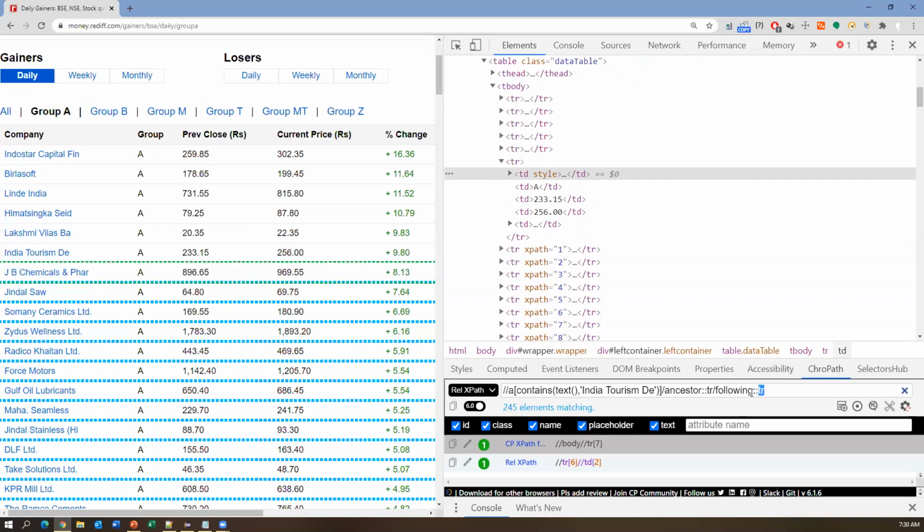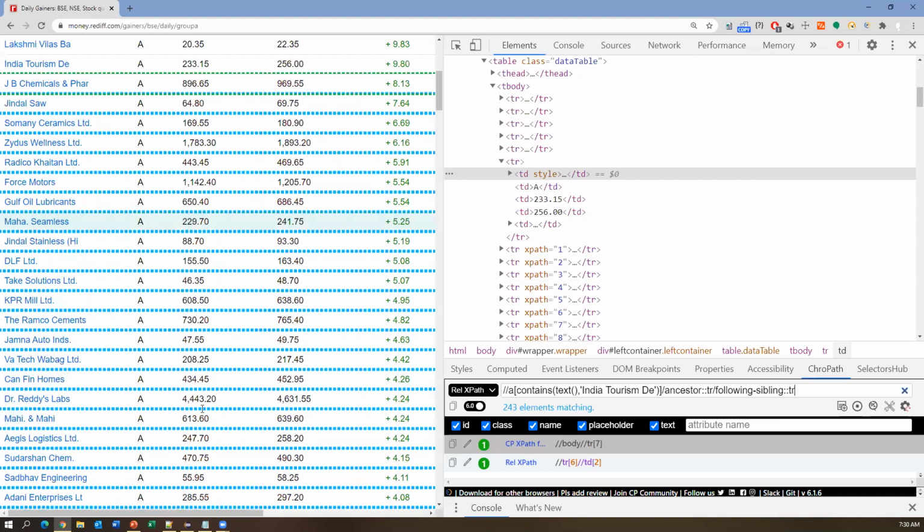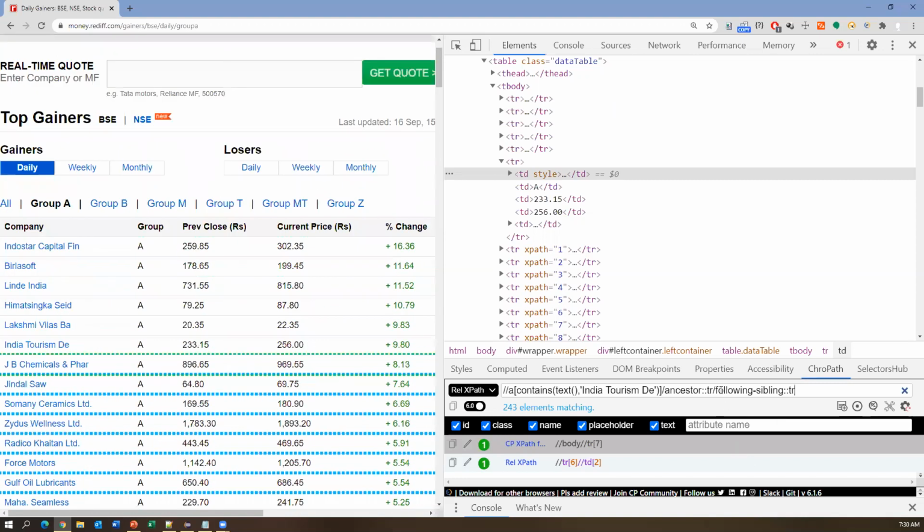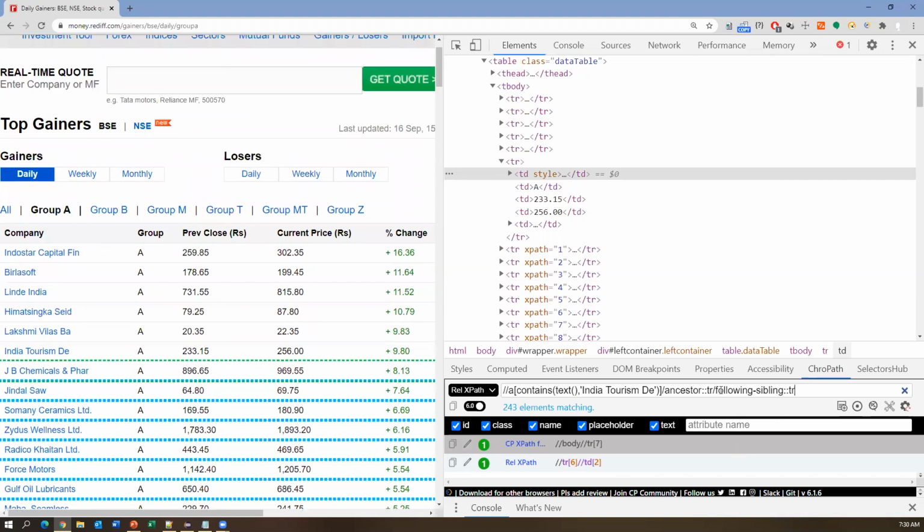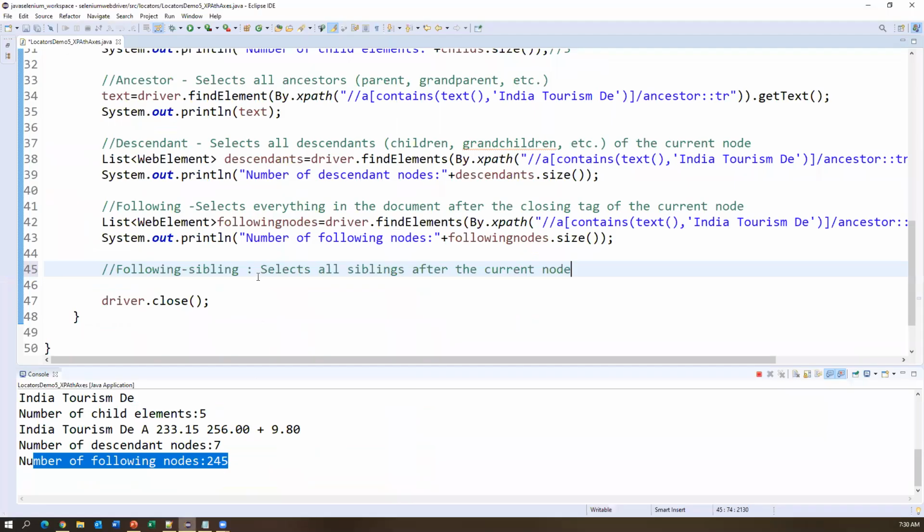If you want to capture this, you can say following-sibling and slash slash TR. Now we get only 243 elements. Inside the following elements, again, it will check the sibling elements of this current node. So we can just use this again here.